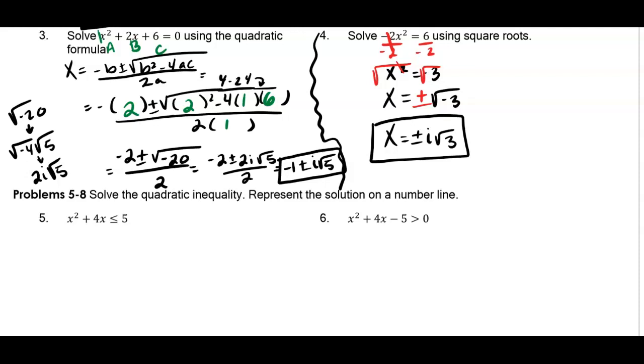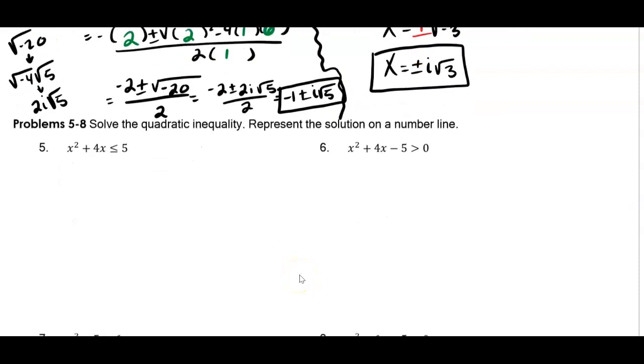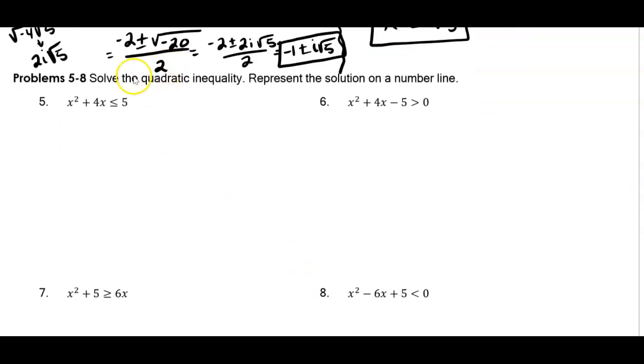Not bad so far. So we're going to go downwards and solve the next few problems. So let's scroll down right here. Now we're solving quadratic inequalities. Quadratic inequalities are mostly the same as solving quadratic equations. The only difference is that we have number lines and we have multiple representations for our quadratic inequality. This is what we're talking about, less than and greater than. So, just for that reason, I'm going to write this out. So we have this, or this, which is less than,